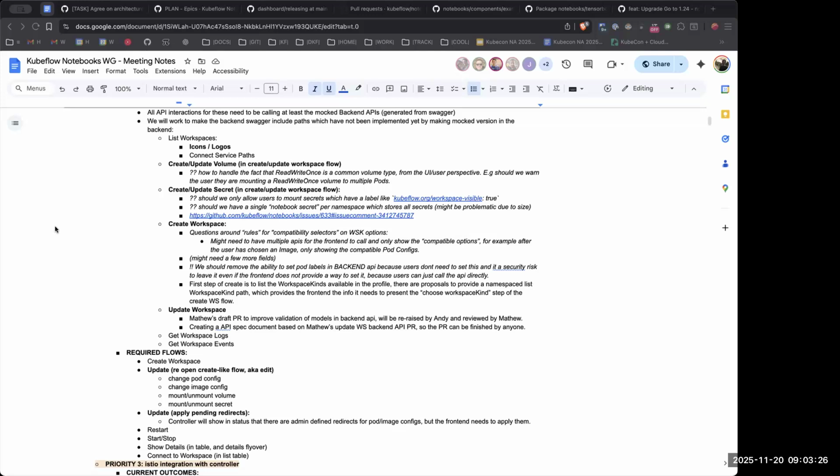And I think another thing that I was working on is viewing the attached secrets. We were discussing viewing the content, and we don't want to explicitly show the user the actual contents like the API keys and stuff, but we want to show different fields, like AWS API key or something like that, just the name of it, so that the user has an idea of what's inside. Yeah, so all those are in progress at the moment.